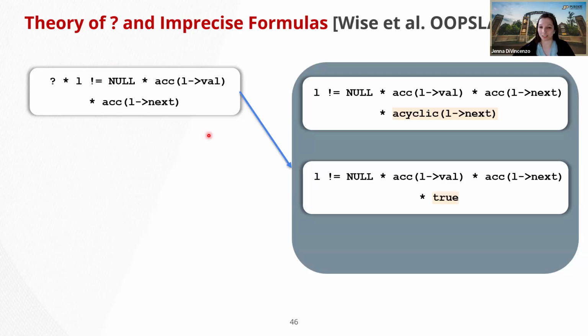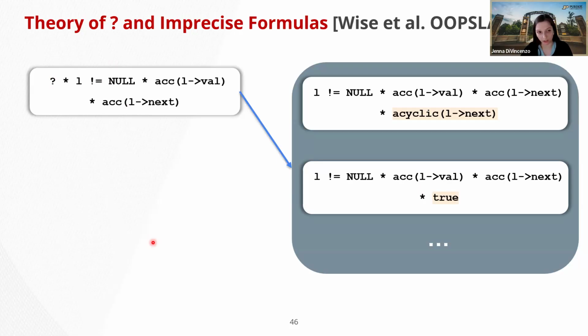But there are more precise formulas that our imprecise one can represent. It could just be the static part itself, where question mark takes on true. And there are technically as many as you can create, which turns out to be infinitely many